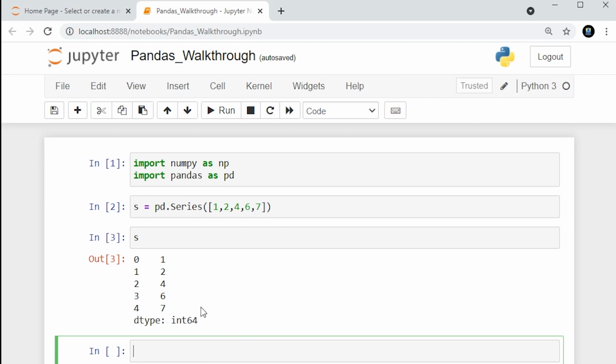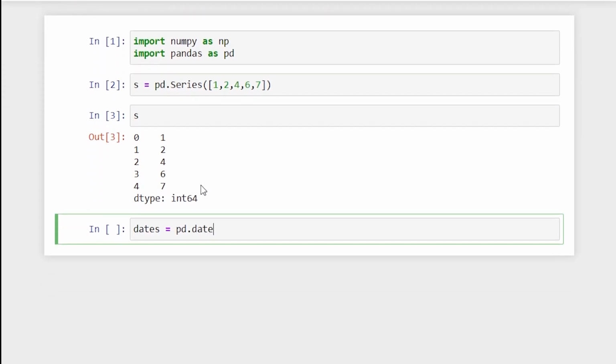To work with the DataFrame, I am going to use the standard example that they have been using. I'll say dates, which is a variable, equal to pd.date_range, and in this I'm going to specify, let's say, today's date. So I'll say 2021, 6, 9, and then periods.